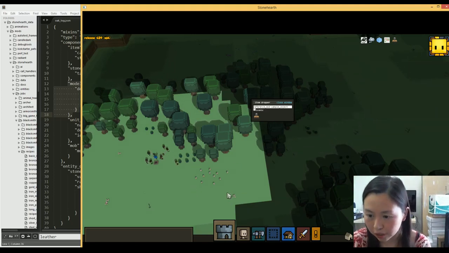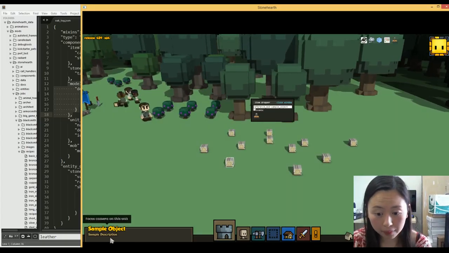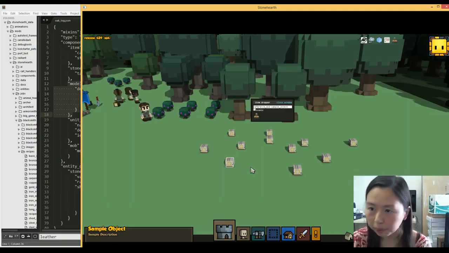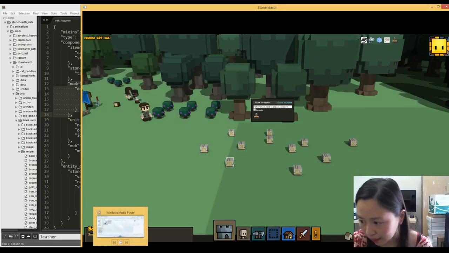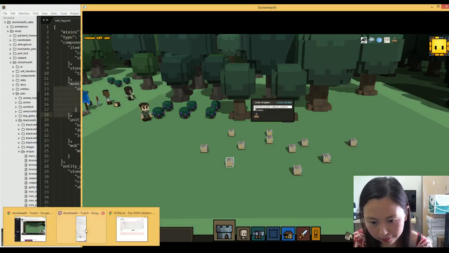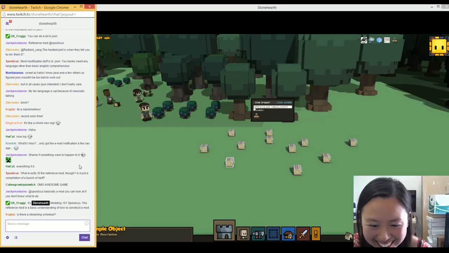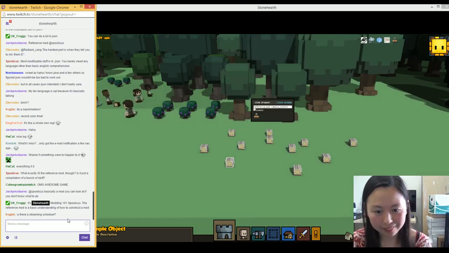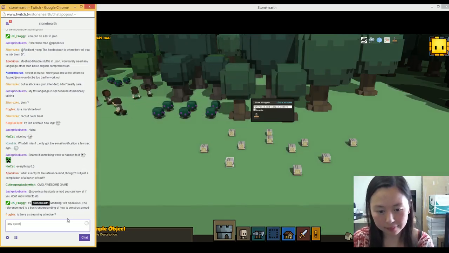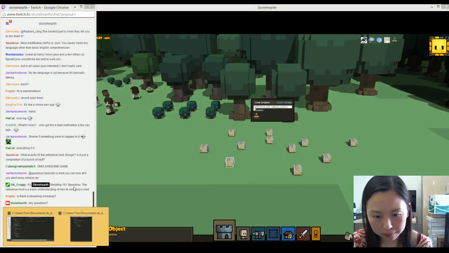We successfully made that sample object have a new name, a new description, and a new model based entirely on things that you can extract from Stonehearth, the program itself. Okay, 642, not bad. Any questions? Okay, so,